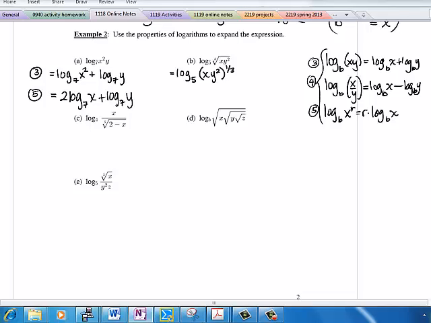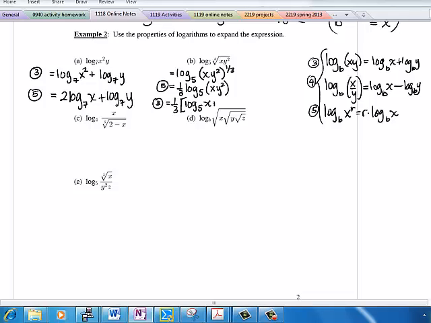So what we could do is first use property 5 to move that exponent 1/3 in front of the whole group. And then we could use property 3 to break up the product,